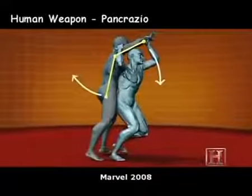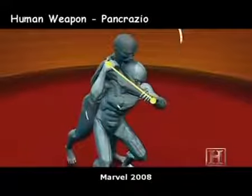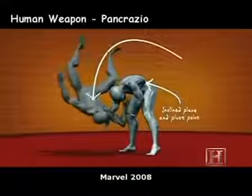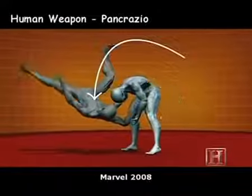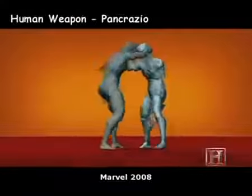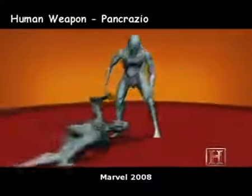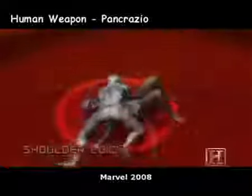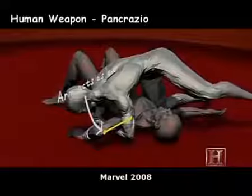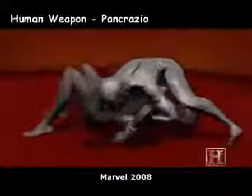First, the opponent's arm works as a lever to optimize your control. Second, your own back serves as a pivot point for the throw. The strength and stability of your back allows you to throw a much heavier opponent than in a move that requires you to lift him. This move uses your opponent's arm as a lever working against him. The greater the torque on his shoulder, the greater the pain and